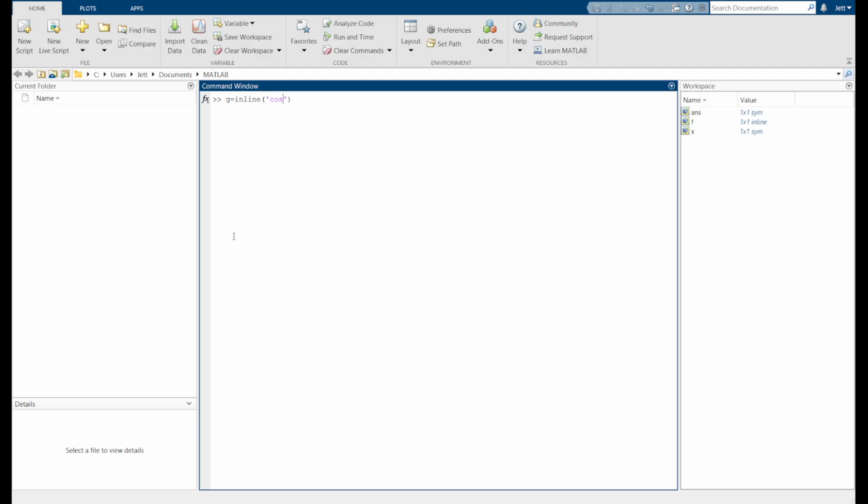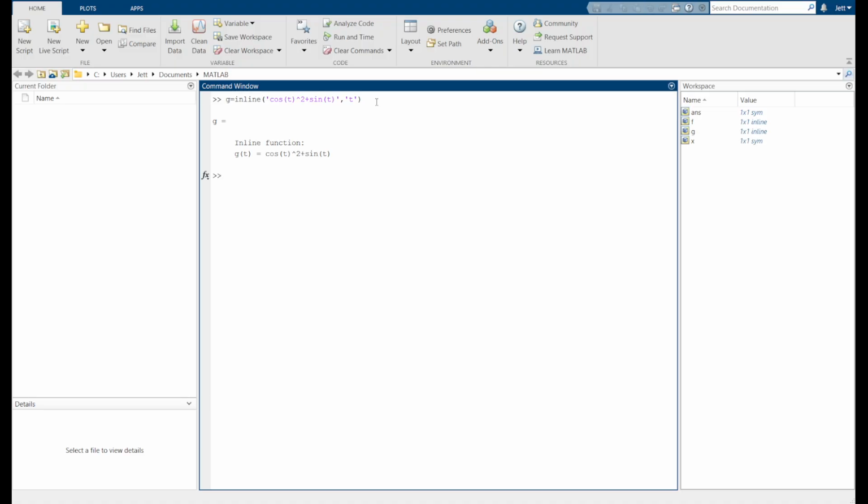Say I have cosine squared of x plus, let's say, sin x. Or actually, we can change our variable, so let's make it, say, t. All right, now we enter that.